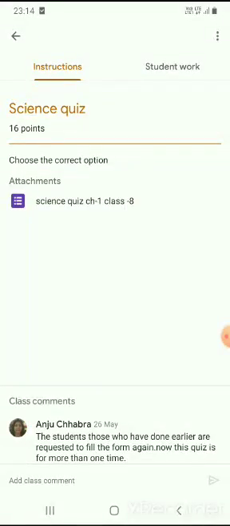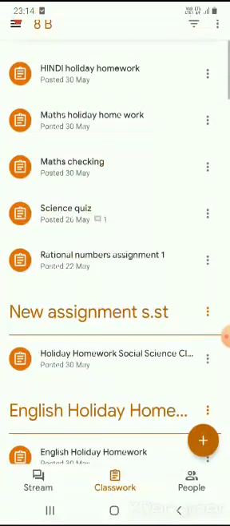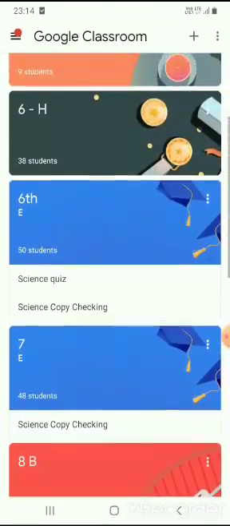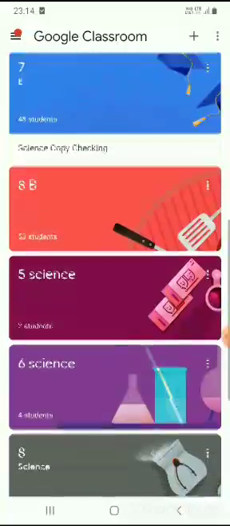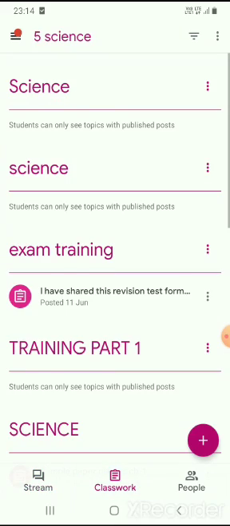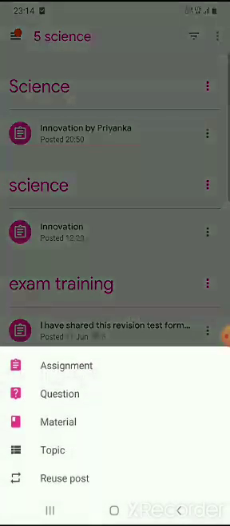Now I suppose I want to paste this link. I want to give this assignment in some other class. Suppose I have chosen class 5th science. The link is copied with me. Now classwork. I have to create a new classwork, new assignment.